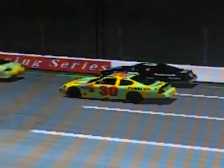Here it is, our All-Star main event, the Winston. The All-Star race is finally here. On the pole for the race at 202.87 miles per hour, our winner at Darlington and Richmond, Trey Campbell, who got into this race actually by winning the AAA 400 in Season 2. Starting alongside of him on the outside pole is Ann Batson. She got in by winning the Ford 400 at Homestead. She also won the spring race at Martinsville